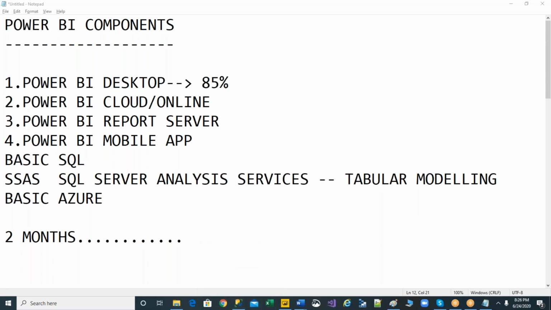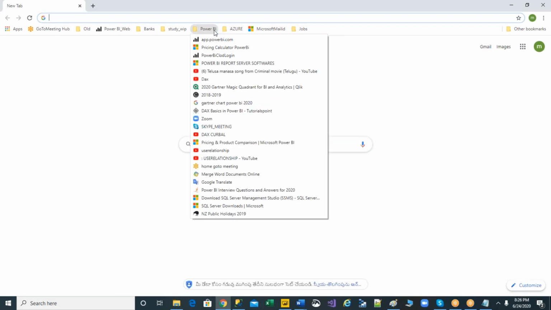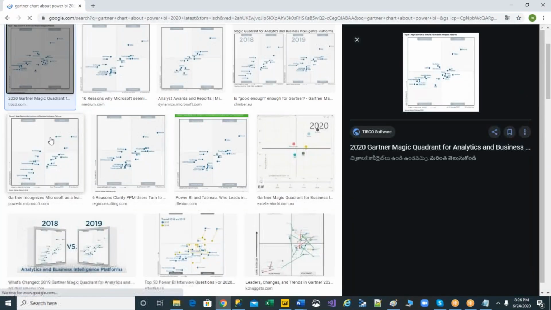I think in the morning I already explained this to you. So let me go back to this again, the Gartner chart. So if you see,